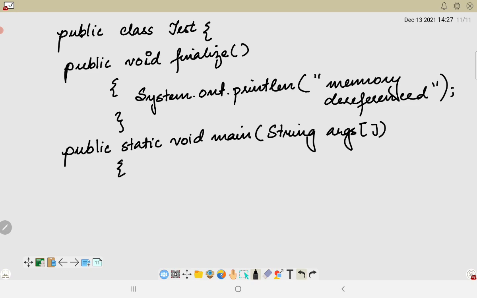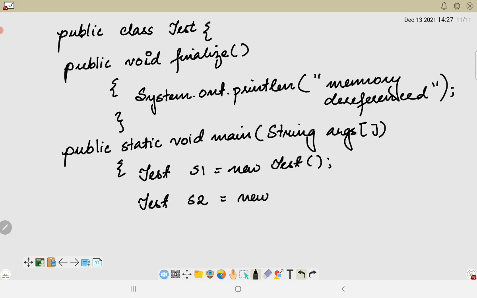Within this we will simply create objects of the Test class. So let us write Test s1 is equal to new Test. This is one object which is created. Then we have Test s2 is equal to new Test.